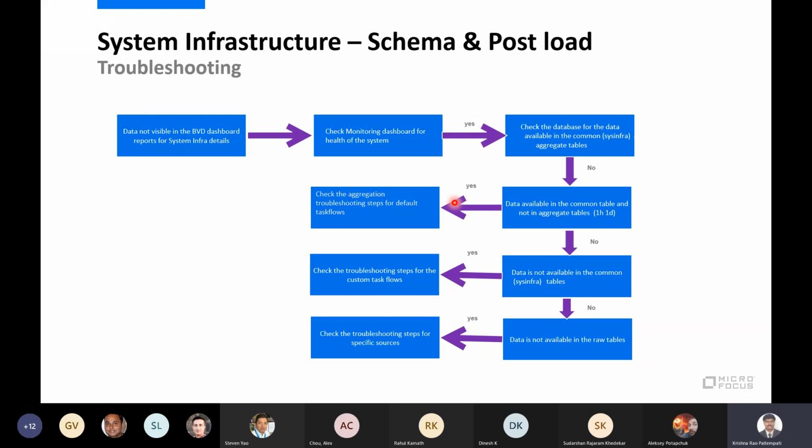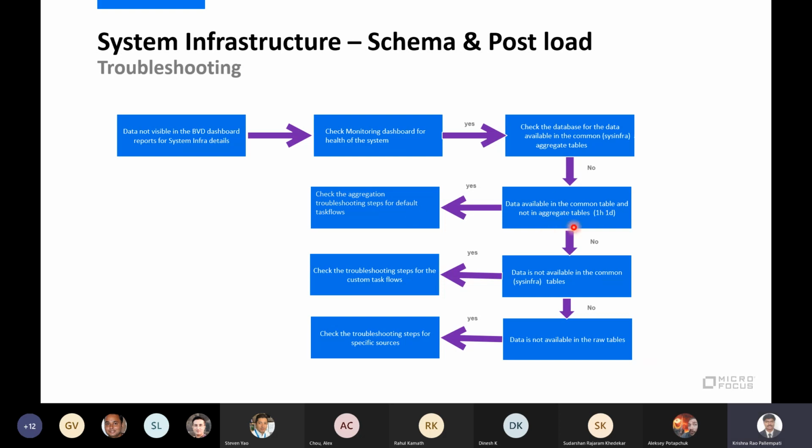Those are the main issues which we observe for the data flow not running for the aggregations. So data is available in my common tables, but we don't have any data in the aggregation tables. In that case, we'll see the aggregate log and we'll observe whether there are any errors in the data flow. We will check that part.